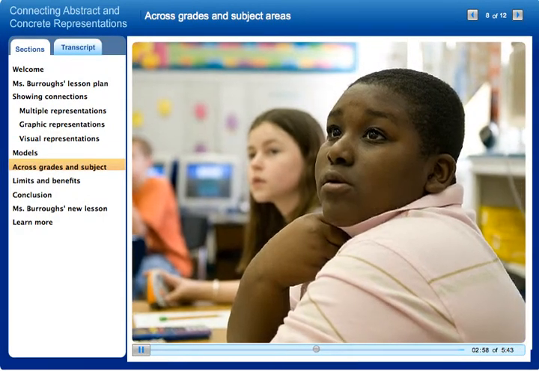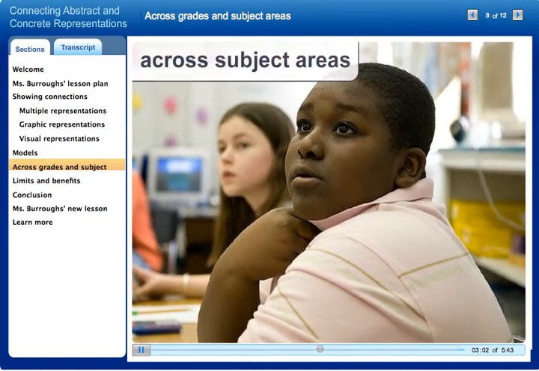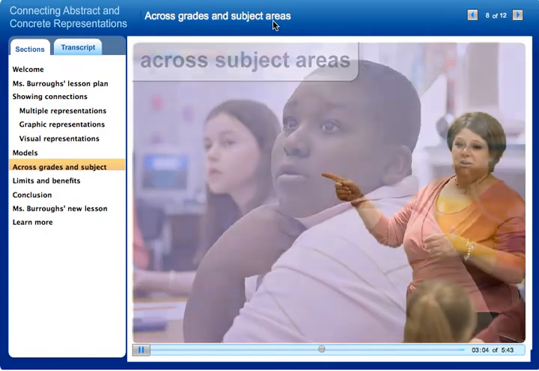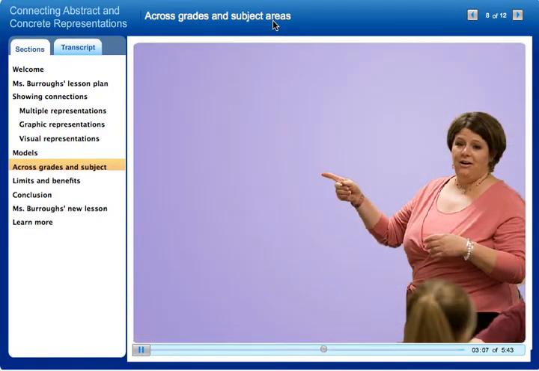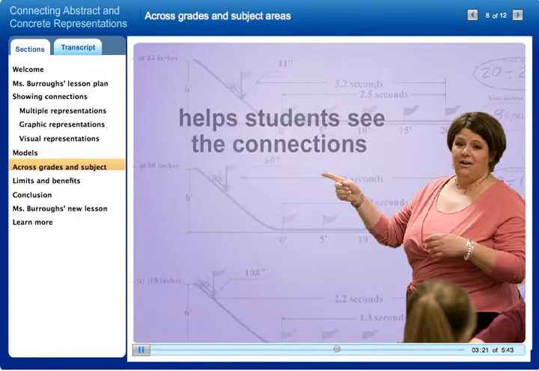Making connections between abstract and concrete representations may look different across subject areas. A middle grades math teacher can help her students understand how to calculate rate by introducing an equation, showing a diagram, asking students to graph the speed of a car, and having students do their own experiments. The teacher's role is critical, as she helps her students see the connections between the equation, their predictions, and the